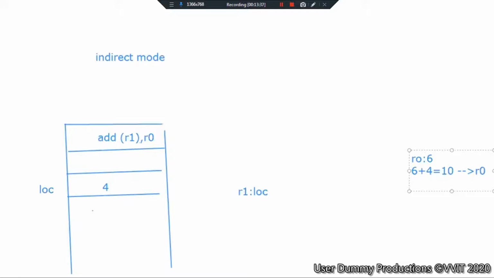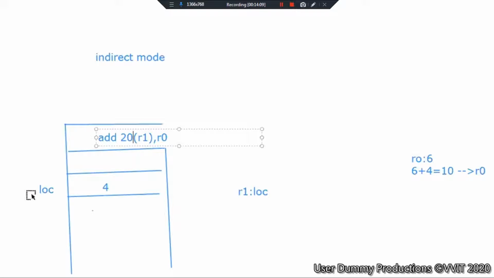Add 20 R1, R2. Now I will teach this one. This 20 is called the offset, which is used to find an effective address. In R1, what are we having? A location. So that particular location plus 20 will give the operand address.